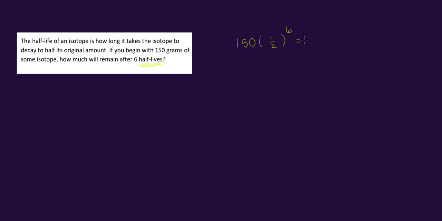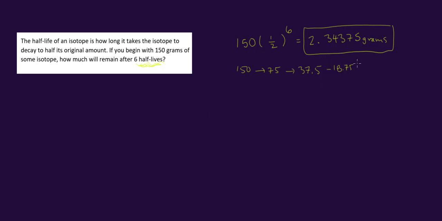I'm just going to type this into a calculator. 150, 1 half to the 6th power. And my calculator yields 2.34375. And of course, the units are just grams. So the half-lives go from 150 to 75, half it again, 37.5, half it again, and you would be getting